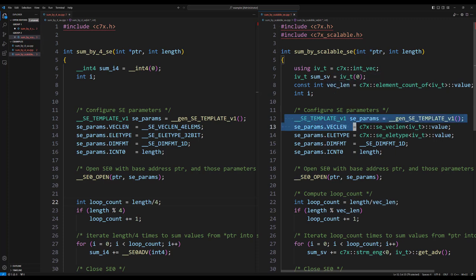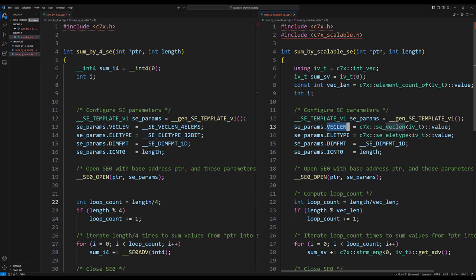So the configuration of the SE parameters, there are some similarities, but a couple of differences to point out. So for veclen, you use this utility from C7x scalable.h, and you use it in this type traits way to get that value, because of course, with a scalable vector, you don't know the veclen at the time that you're writing the code.